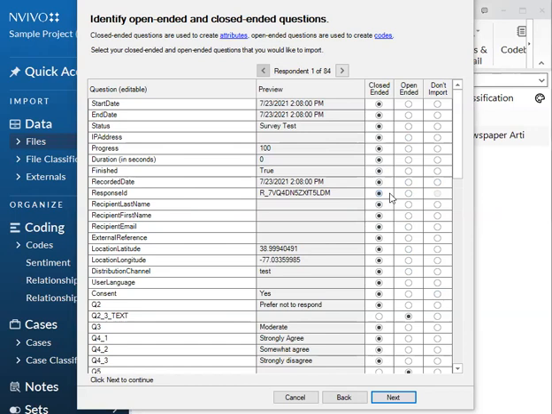You can choose not to import a specific part of the data if you're not going to be analyzing it in NVivo or you just don't need it, or it's not a part of your analysis. So for instance, if you don't need when they started the survey or when they ended the survey, you could just put don't import those columns or rows of data so that it won't be imported at all.